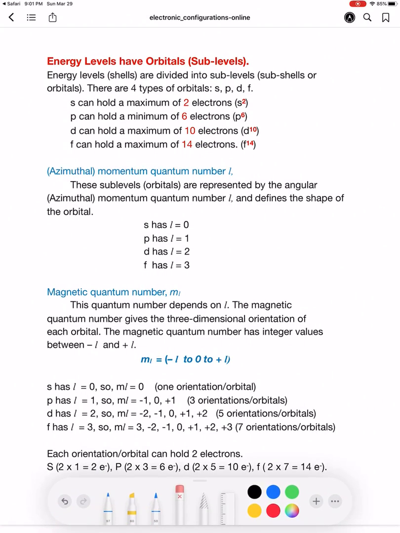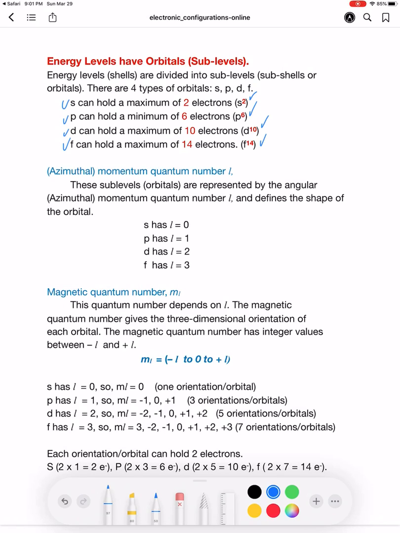Page 3. In those energy levels, you have orbitals or sublevels. We have usually 4 types of orbital: the s, p, d, and f. You need to know the maximum number of electrons on each. So s can hold a maximum of 2, p 6, d 10, and f 14. You need also to know that